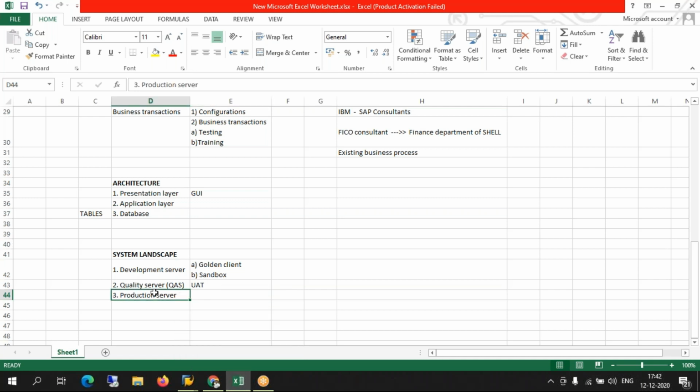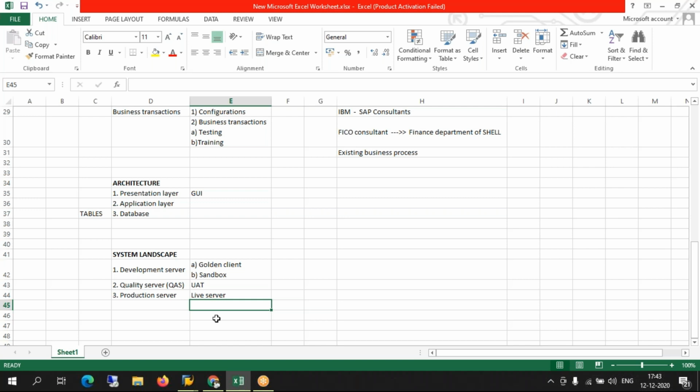Only if an acknowledgement is received from the user on UAT, only then can we move all the settings, all the configurations from the golden client to the production server. Production server is the live server. We as consultants will not be given access to the production server. It's a live server.